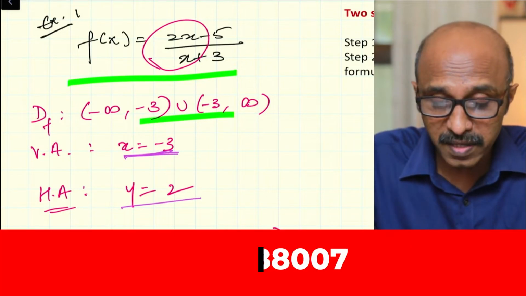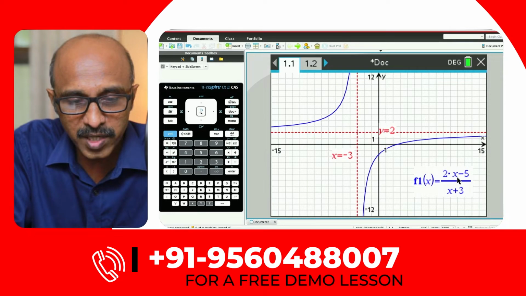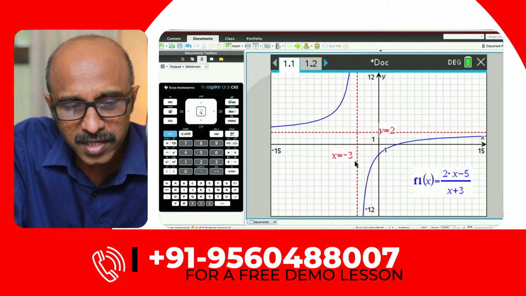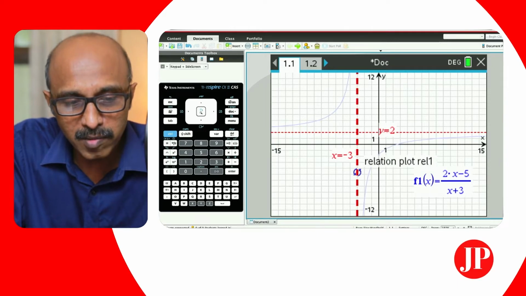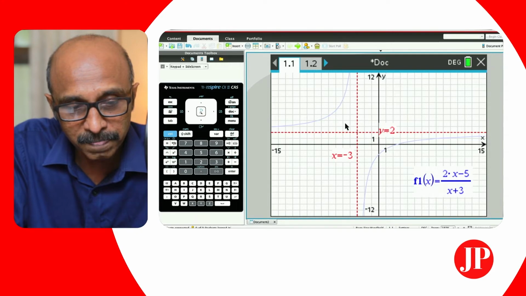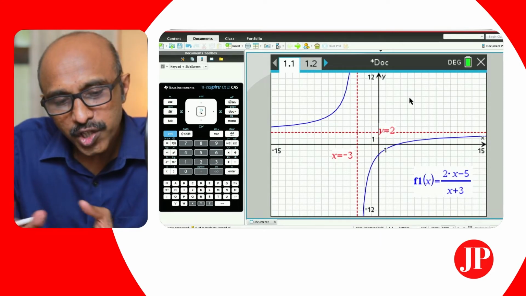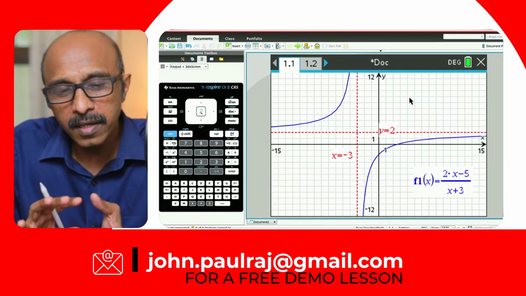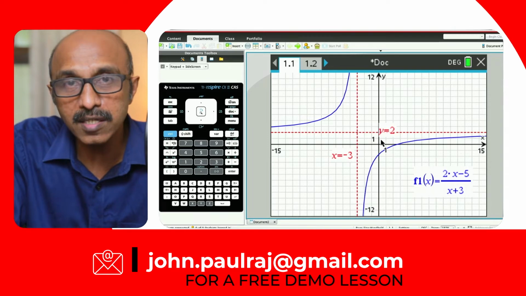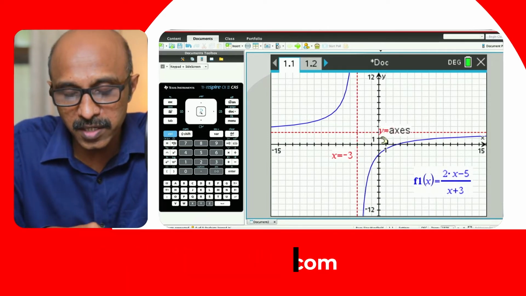Let's try and verify this on the graph. So here's my graph, and that's the function that we have, 2x minus 5 over x plus 3, the rational function. And clearly you can see that at x equals negative 3 you've got the vertical asymptote, and y equals 2 is the horizontal asymptote, and those will not belong to the domain or the range. Now, when we interchange x and y to find the inverse of this rational function, I'm interested in finding out what actually happens to these asymptotes. Let's do it algebraically, and then we'll come back to this calculator and check.